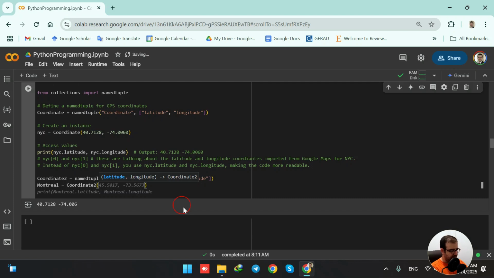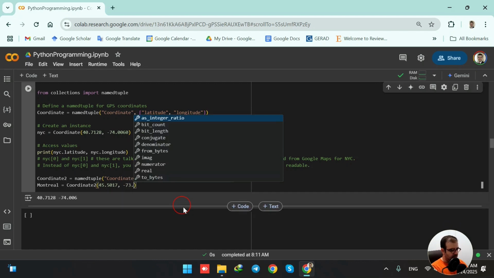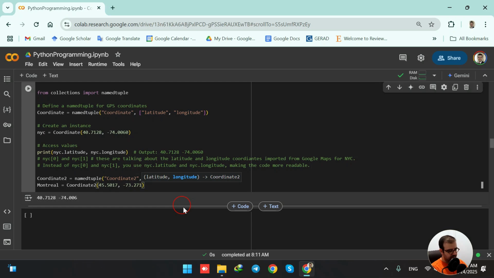a number, for example, 45.5017 and minus 73 dot whatever, just a number. Okay,